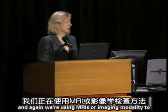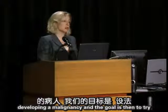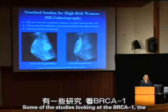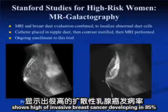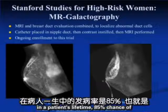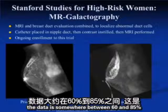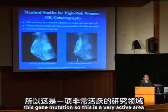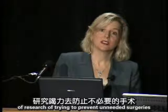And again, we're using MRI as our imaging modality to study these patients who are at high risk for developing a malignancy. And the goal is then to try to catch this early if the patient does, in fact, develop a breast cancer. Some of the studies looking at the BRCA1 gene mutation that this patient presented with show as high of a rate of invasive breast cancer developing in 85% in a patient's lifetime. So it could be as high as 85%. The data is somewhere between 60 and 85% from different studies that had looked at this gene mutation. So this is a very active area of research trying to prevent unneeded surgeries and to be able to diagnose